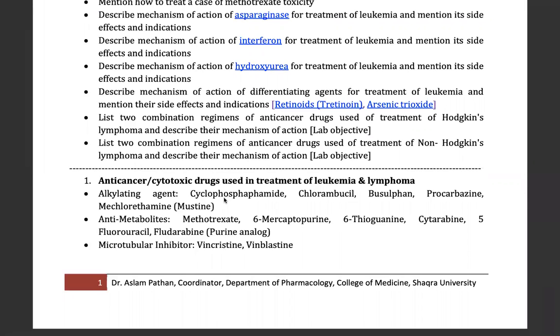Why is it called an alkylating agent? Because these are the medications which cause cross linkage in the nucleic acid bases. That's why it is called an alkylating agent. And please keep in mind that most of the anti-cancer drugs inhibit the nucleic acid synthesis in the cell. The common mechanism of action is that most of the drugs inhibit the nucleic acid synthesis